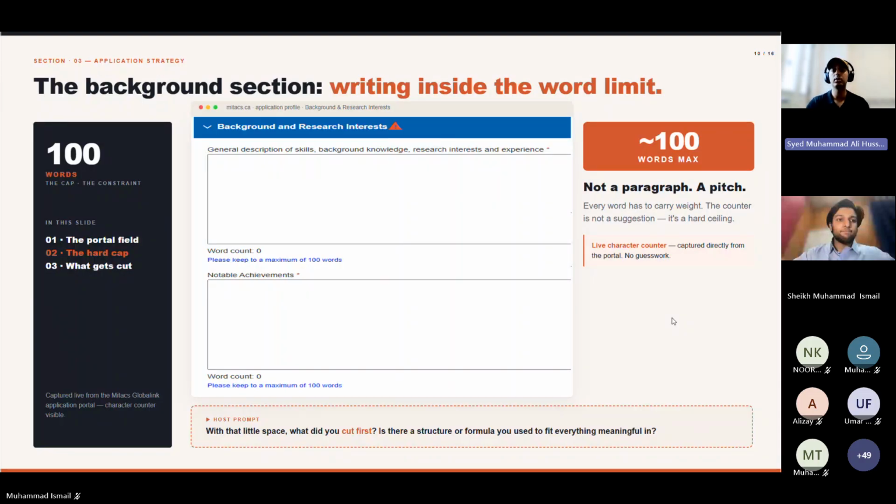Even if you are not, what I would always recommend is to first write whatever you want to write, regardless of the 100 word cap. Then start cutting down, because then you know what you want and what you don't want. If you try to write 100 words at the start, you'll always leave something out. So write whatever you want, even if it goes to 150, 200 words, let it go. Then start cutting it down, see what is prominent, what is important, and eventually land at the 100 word max. Similarly, for the notable achievements, I again used bullet points.